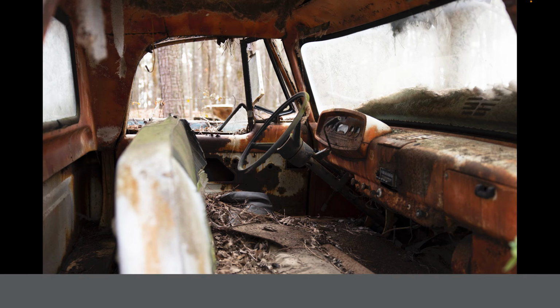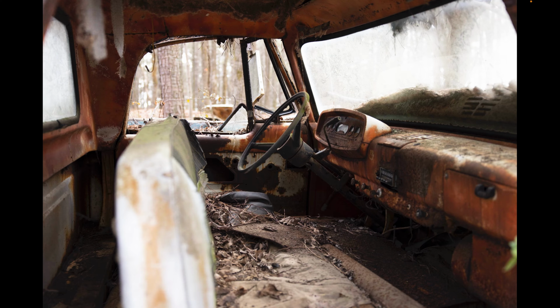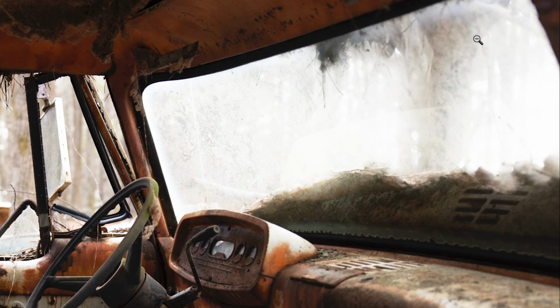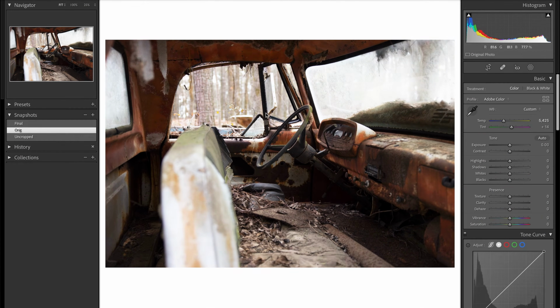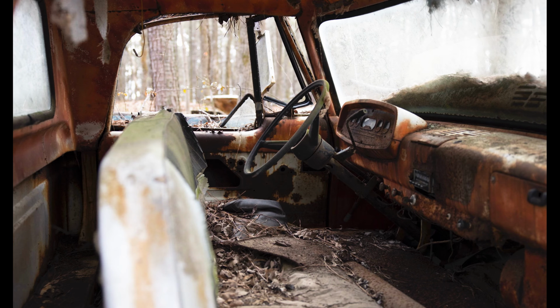Okay, so let's jump in here and take a look at the original straight out of camera raw image shot using the R5 here with the RF 24-70. Originally, the image had this little bit of the window frame sticking in up here at top right, and I wasn't the biggest fan of that, so I ended up cropping that out. Whenever you have something that is lingering around the edge of the frame, I find it to be just visually distracting, especially because, with something like this windshield here that is just extending up into that corner, you kind of want it to just keep going through the frame instead of putting something in the way there,